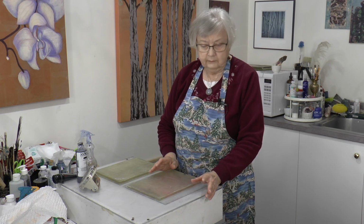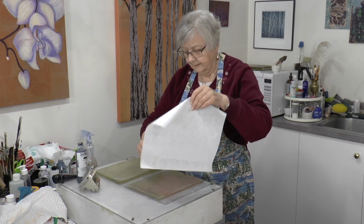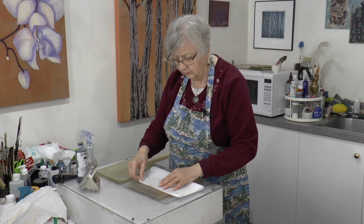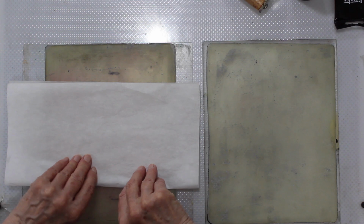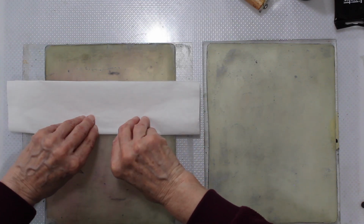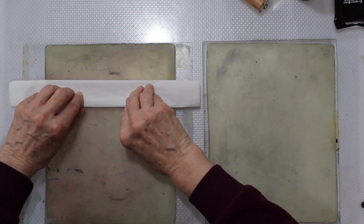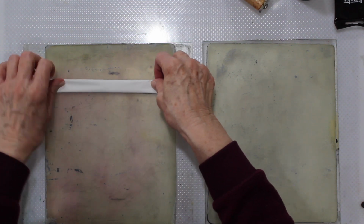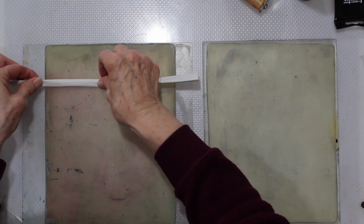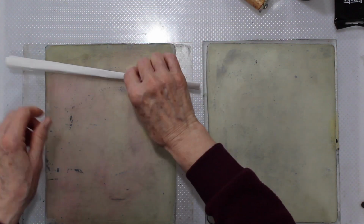Now, there are many ways of doing wrinkles, and this is going to be a little on the noisy side. But one of the ways is to fold. So this is more manipulated. Formal, if you like. You can just keep folding and folding. I'm not sure it'll fold once more, but we can try. Okay, so